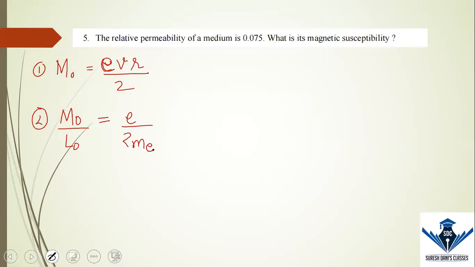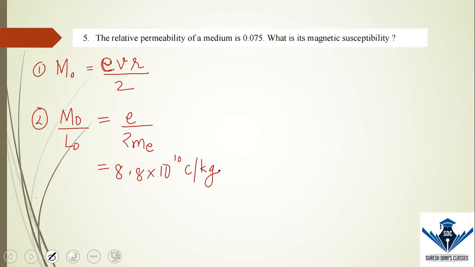Yes, correct, everybody. So this is 8.8 into 10 to the power 10 coulomb per kg. Yes, it is angular momentum. This is the gyromagnetic ratio. This is e upon 2m, मतलब अपना जो specific charge है, Q upon M specific charge है, उसका आधा ले रहे हैं. Specific charge for electron, everyone knows, right? So we are taking half of that. That comes to 8.8 into 10 to the power 10 coulomb per kg.